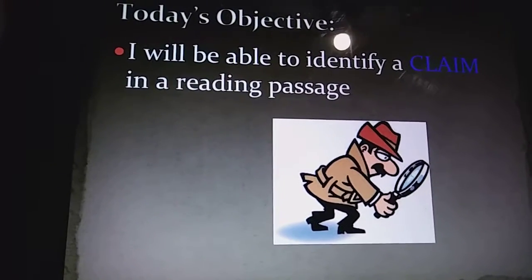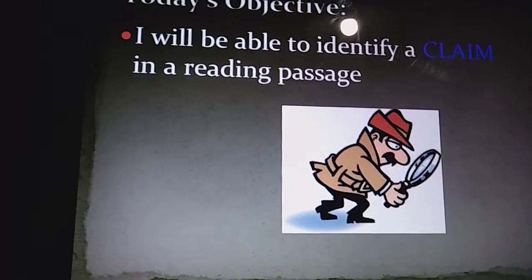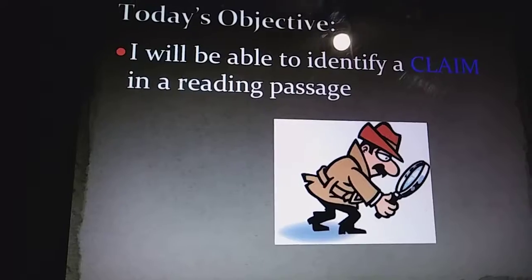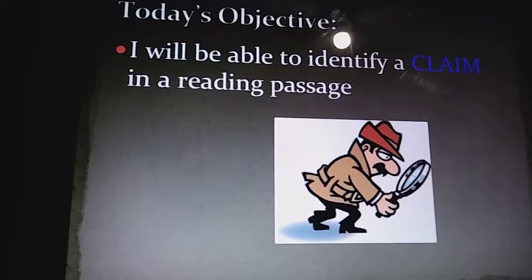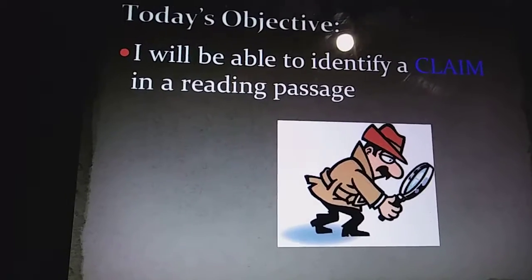For example, if this detective was investigating a murder case, the body itself might be an obvious clue. However, he might have to really look for other clues, like fingerprints and such. And it's the same in school. Sometimes things are obvious, and sometimes you've got to really think about it.